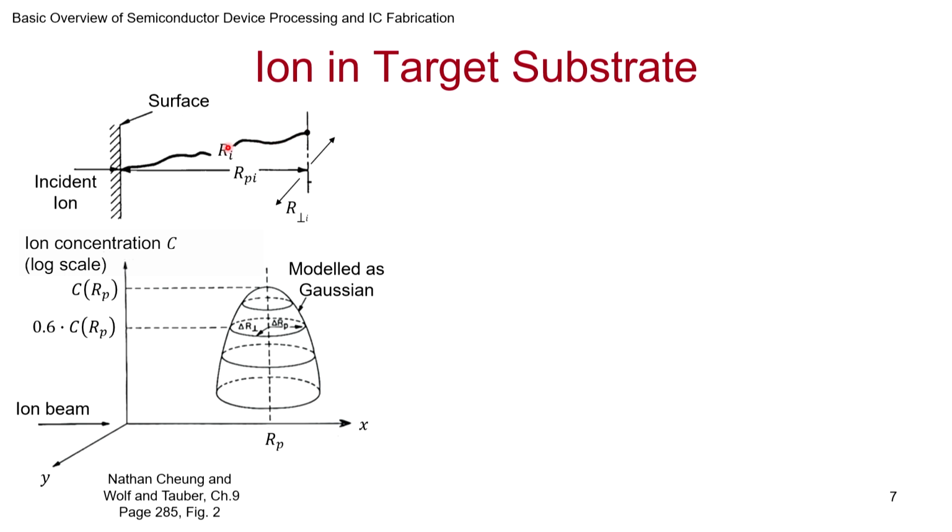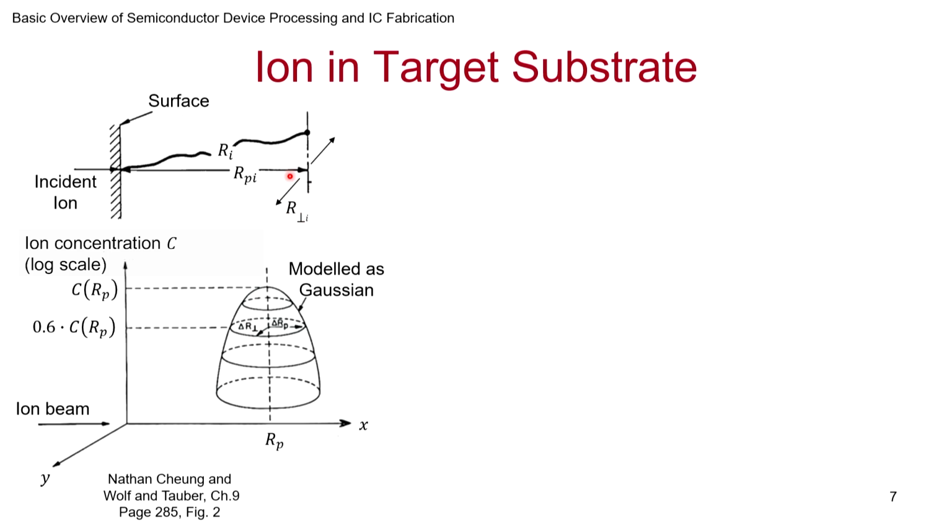So you notice that Ri for every ion that is going to come in is going to be different. Every ion will be different. But for a given ion there will be a particular Ri, and the projection of it in the direction in which you want to implant, this is the direction you want to implant. So the projection of that is going to be RPi, where P stands for projection. This is what is of interest to us. Why? Statistically, that is where the average will end up becoming for all the different ions that are coming. So the average of that is likely to be the RP.